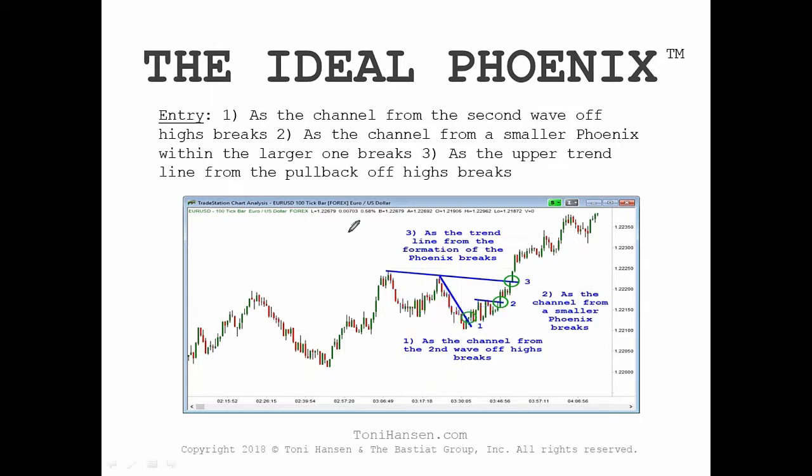So when I'm looking to enter these, this is my favorite way to enter this. And I'm going to show you other ways to do this as well. So we've got 3 ways that you can enter this strategy. The first one is as the channel from the second wave off highs breaks. So that means when we've got our impulse move off of the lows, we've got an initial high and an initial pullback, wave 1 of correction. Then you get wave 2 of a correction. Well, when that wave 2 channel breaks higher,